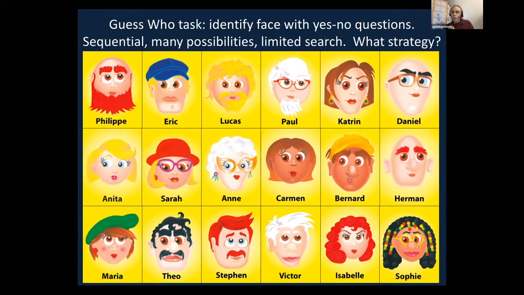And what do people think, first of all, would be a good question to ask here, maybe the best question to try to figure out the face that's been drawn? Silence in the room. Elizabeth, what would be a good question? Gender. So is it a girl, or is it a boy, or something like that? So that's definitely a popular question, right?